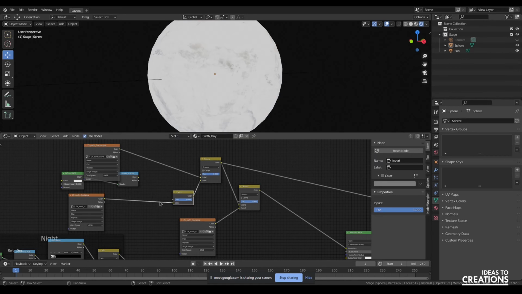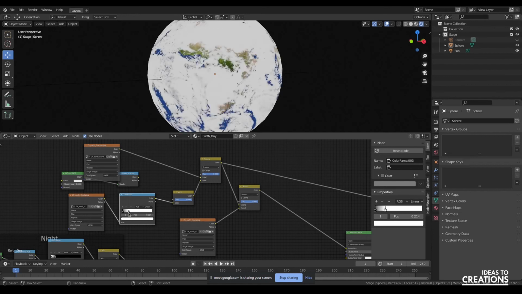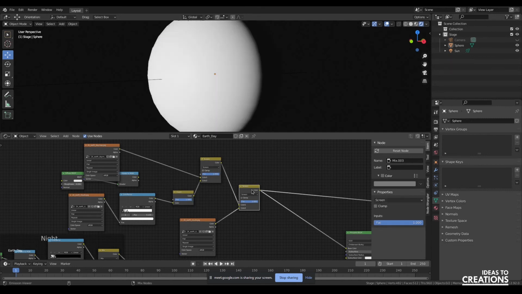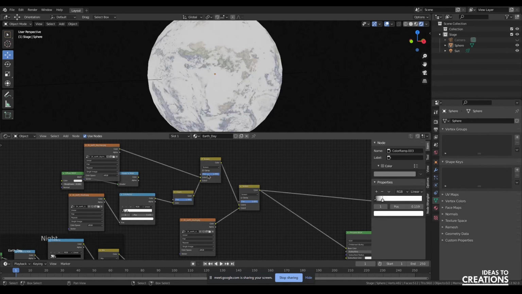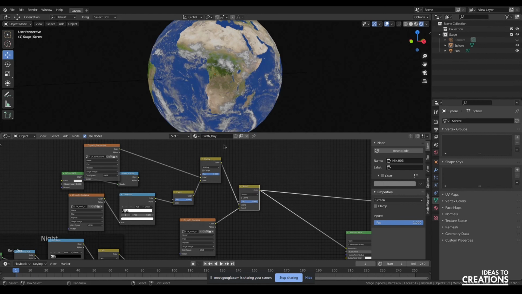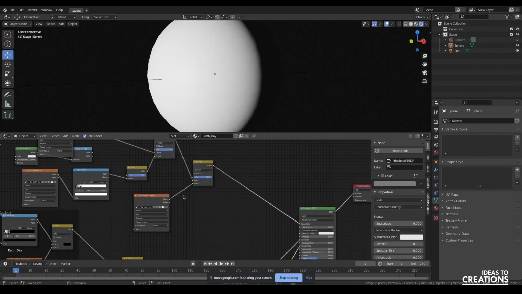So let me put the ramp on this side. I think this needs to be multiply. Alright, cool. Then the shadows go on top, and then